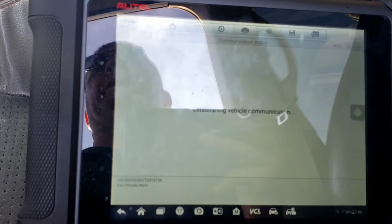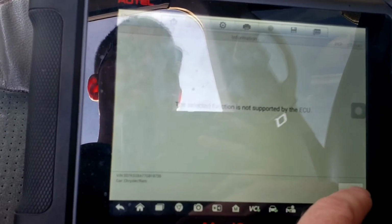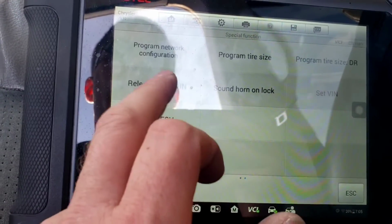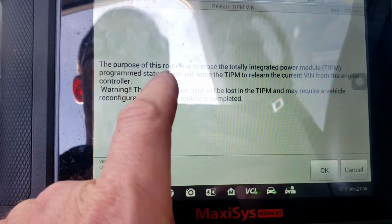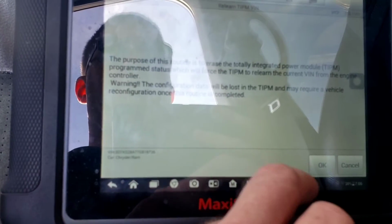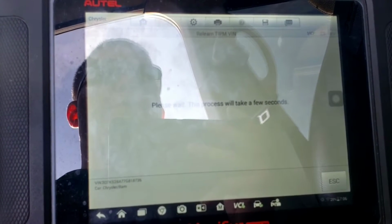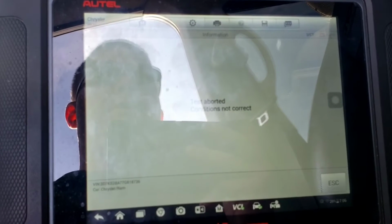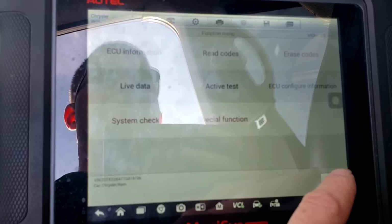And it has to be written in this TIPM, I believe, to communicate. And it's supposed to normally pull it from, so if you go to relearn TIPM VIN, it'll normally pull it from the engine computer. The purpose is to erase the totally integrated power module program status, which will force the TIPM to relearn the current VIN from the engine controller. Well, it'll try to do it, but it won't pull it because the condition's not correct. Probably because we can't find a VIN in the actual